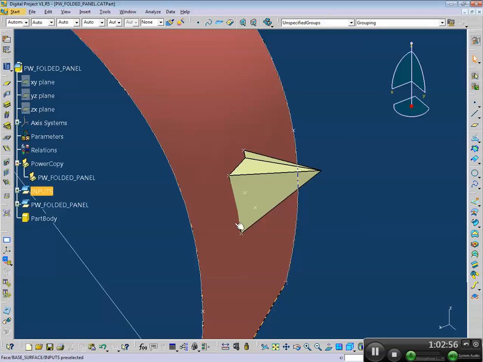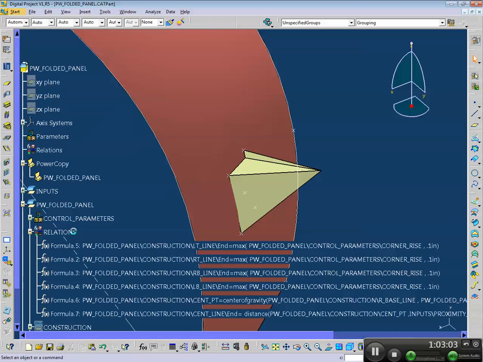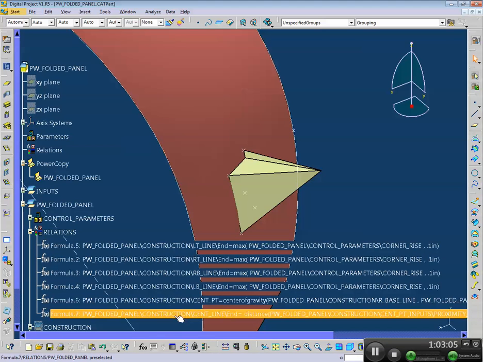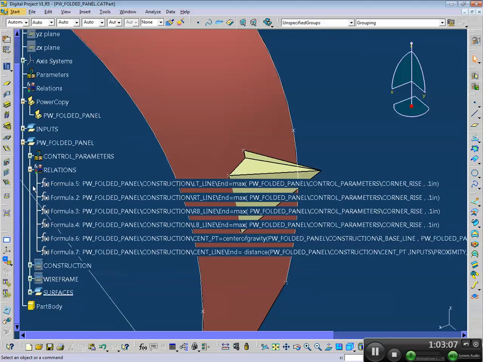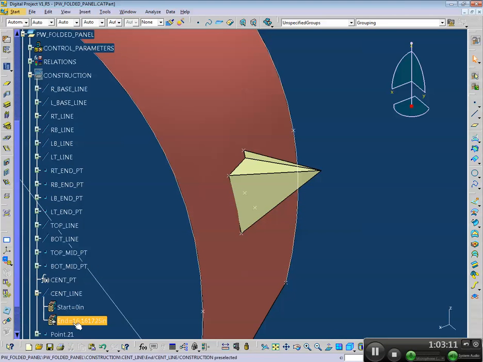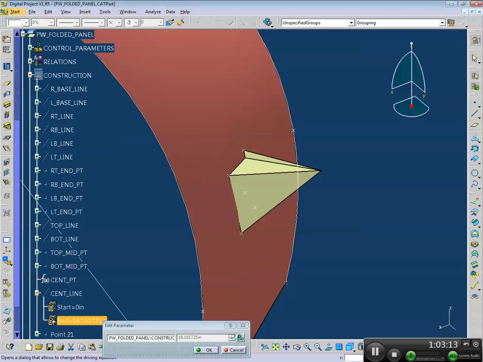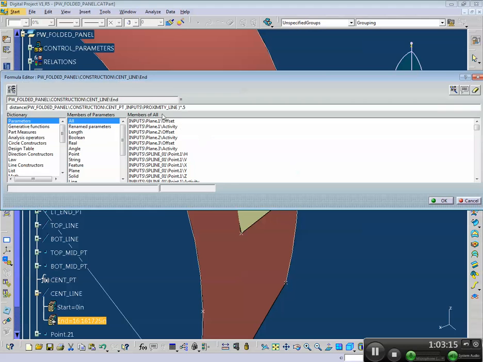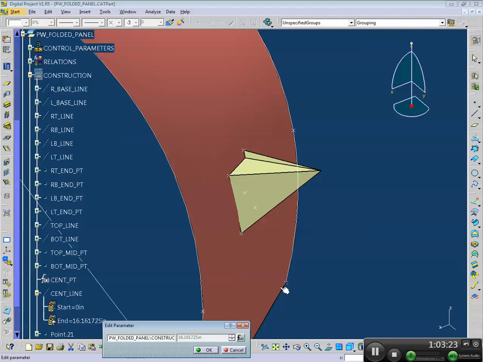Go back to the power copy, the original, add that formula wherever it was. I don't remember which one it was. I could go through, I could find the formula, or I could just go to that line, center line, go to that, edit the formula. I can put that max formula back in here so that it never gets above a certain length. Save it,